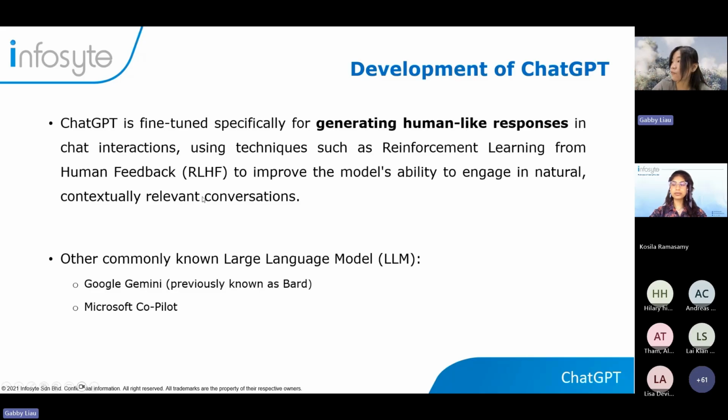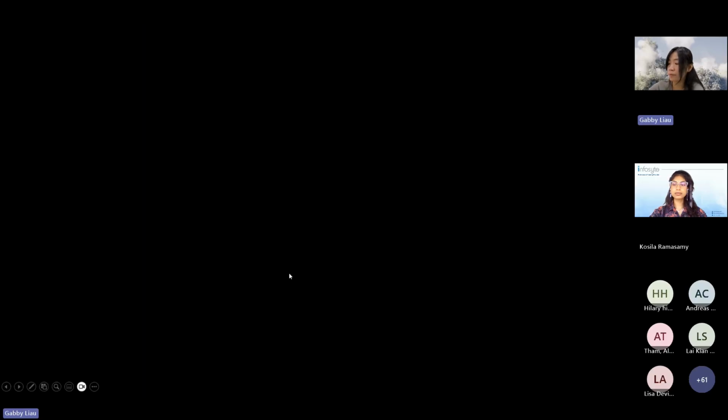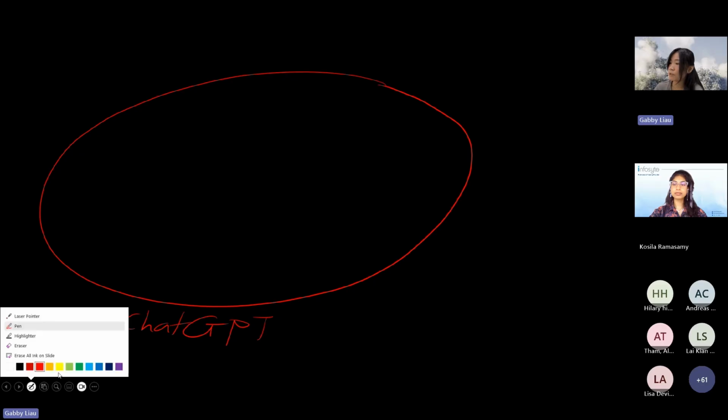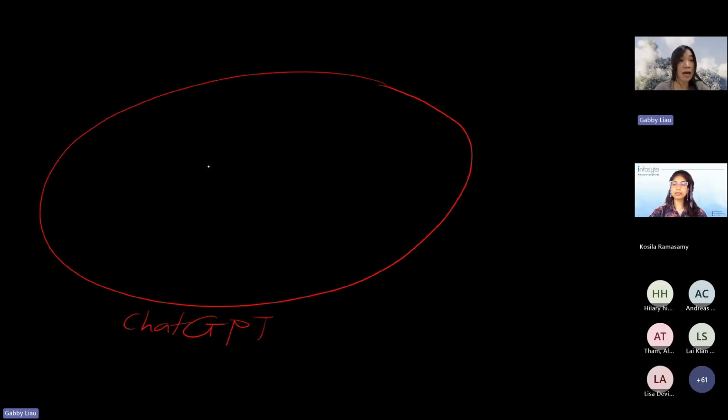So that means now if I draw you a diagram, imagine that this is our ChatGPT model. Before ChatGPT can respond to all kinds of things, of course, it must be trained with a lot of information. The people who own ChatGPT, like OpenAI, train it with a lot of domain-specific information. For example, they train ChatGPT with some finance information.